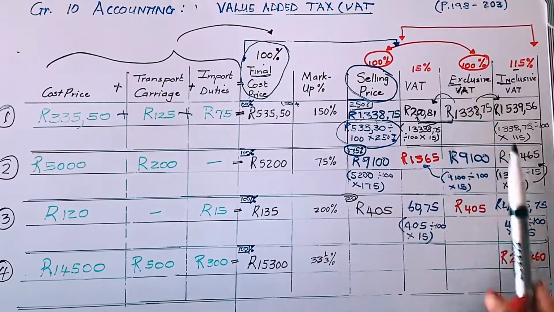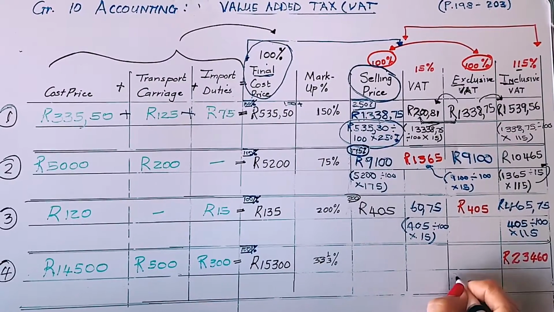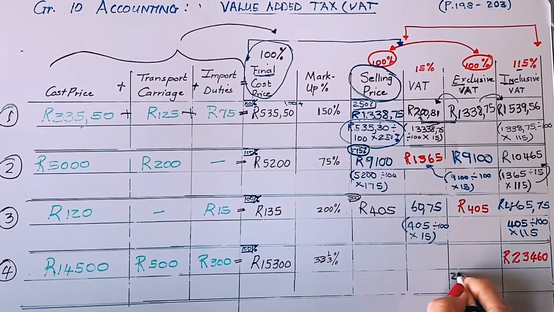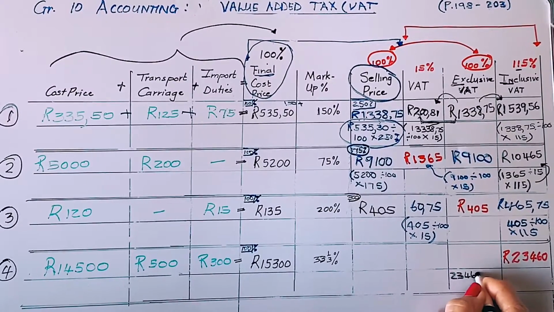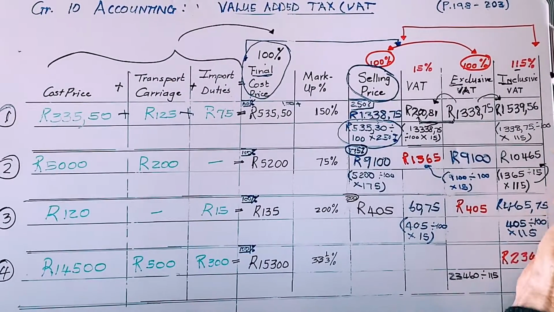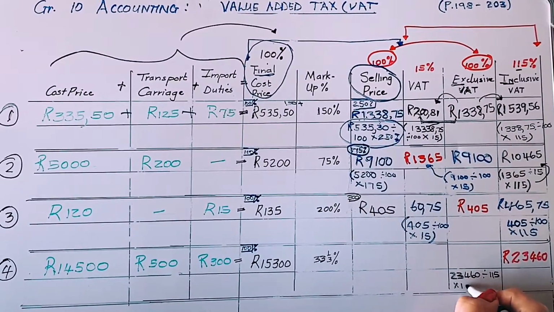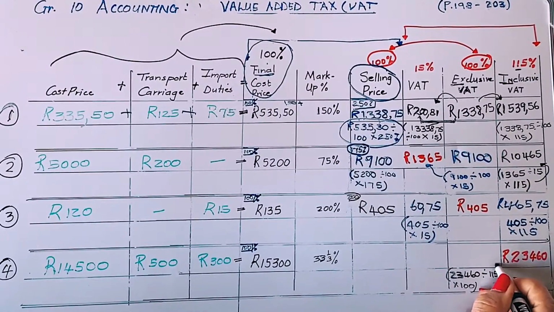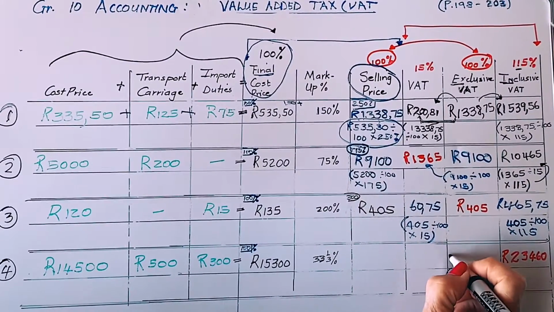So if I want to calculate the exclusive amount, I start with the given amount that they've given me, 23,460 rand divided by 115 times 100, and that will be the calculation to provide you with the exclusive amount, and in this case that will be